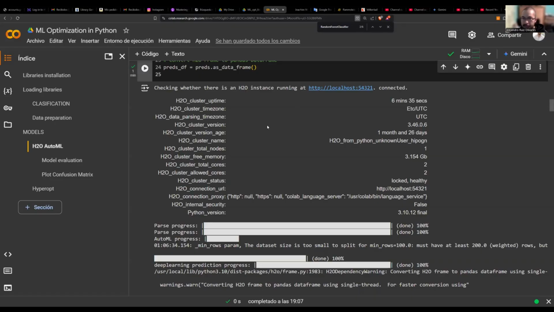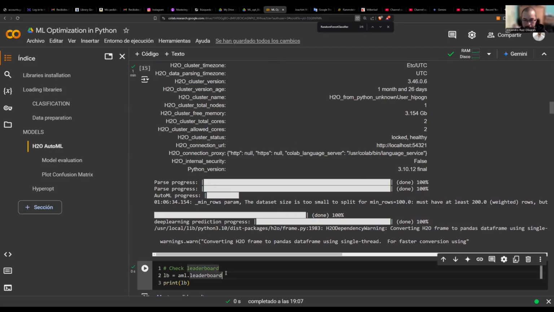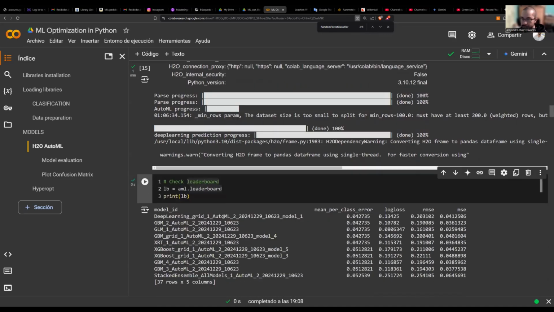Okay, once the optimization has finished, we can evaluate it. We can check the leaderboard here with the leaderboard method using the AML object that we defined previously. Let's print it. Okay, we can see here the evaluated models by the